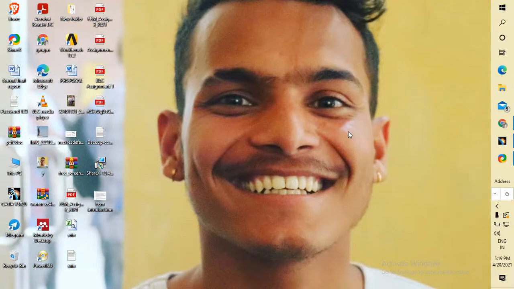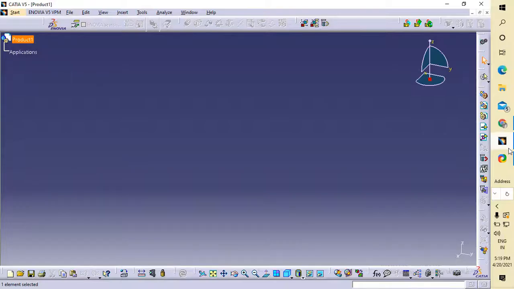Okay, today I'm going to tell you, in this video, how to simulate my beam, which is placed with a concentrated load at the mid. So I want to make the beam of cross section